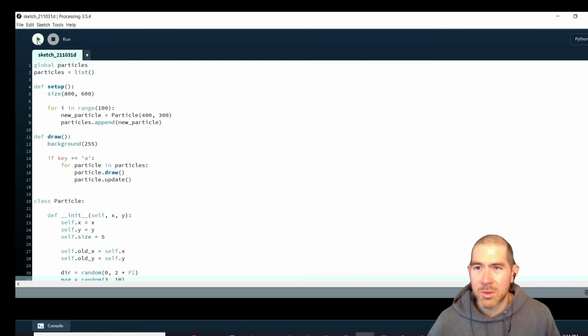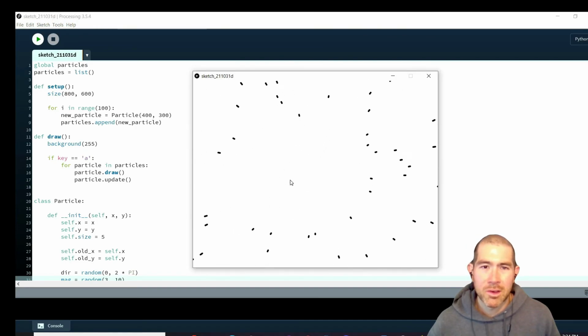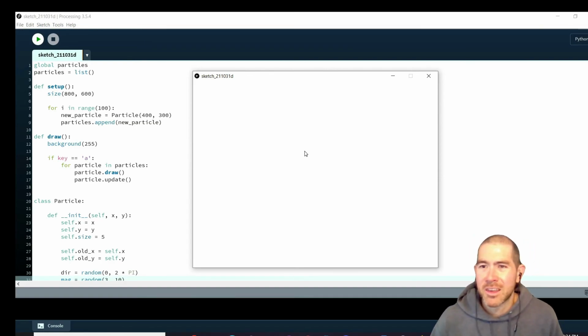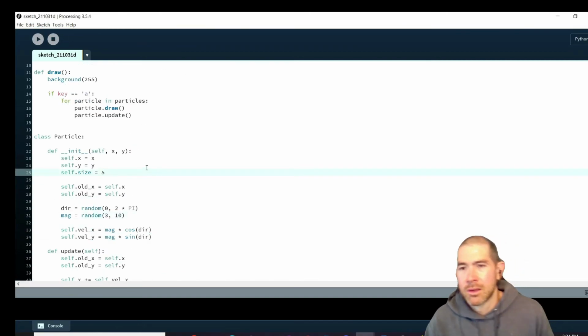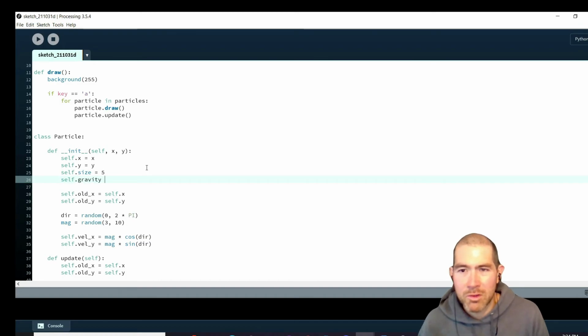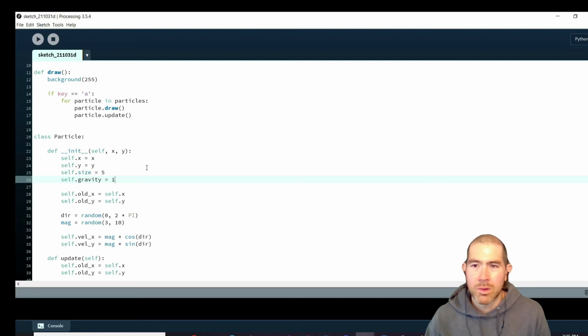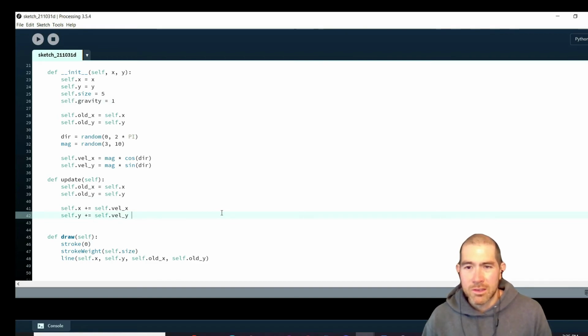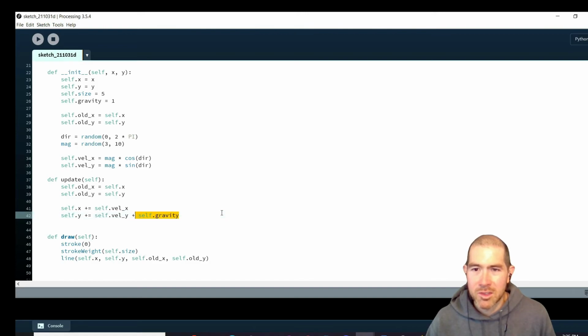And you might have noticed one thing is that when we run this, the particles all kind of move out and then don't fall down, as if there's no gravity. I could do it this way, kind of simulate like an explosion in space or something, but let's add a gravity component. Make a new variable for gravity and let's say it's equal to 1. Then what I need to do is add it to the y value in my update. So we don't want to just say plus self.gravity